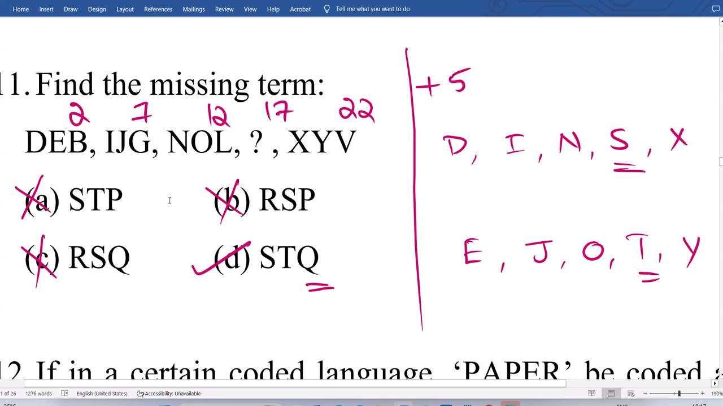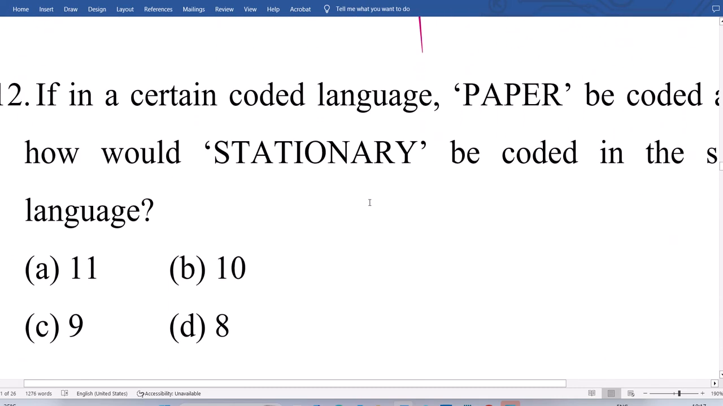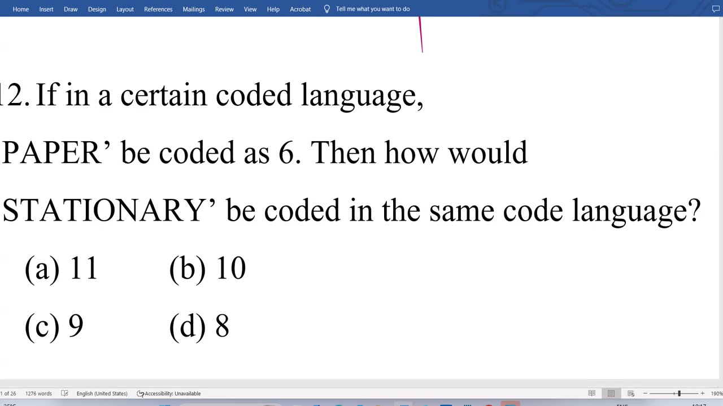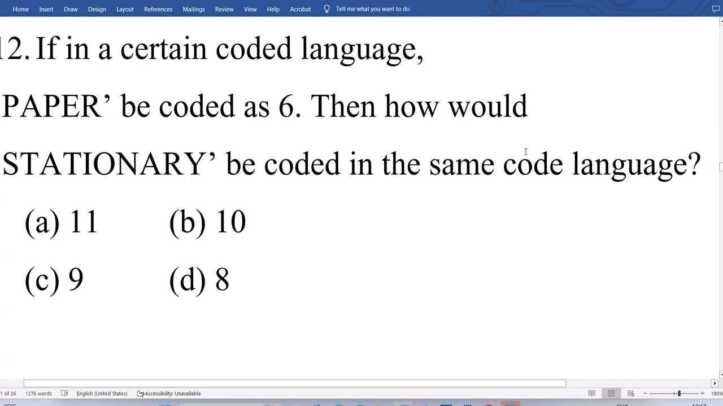Reasoning. Accenture's full focus is on reasoning. Next one, paper is given as 6. Then what is stationery? If paper is coded as 6, what is stationery is the question. Answer: